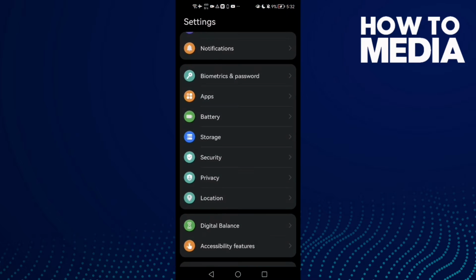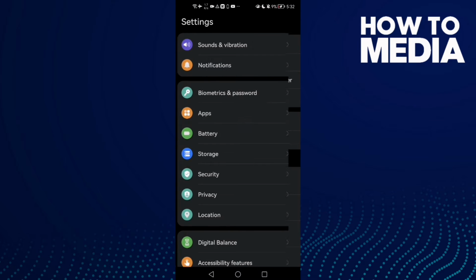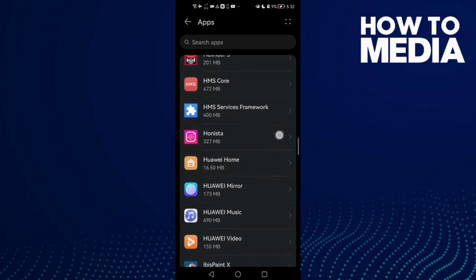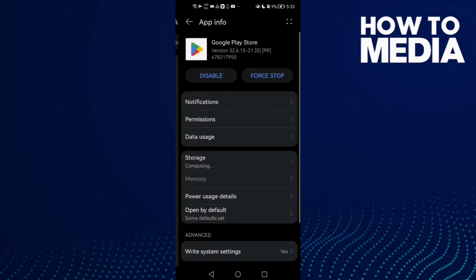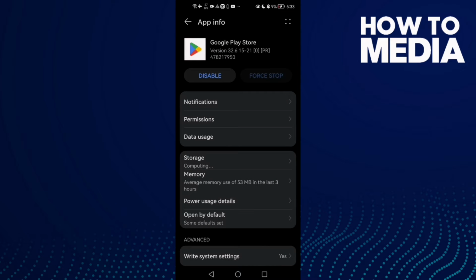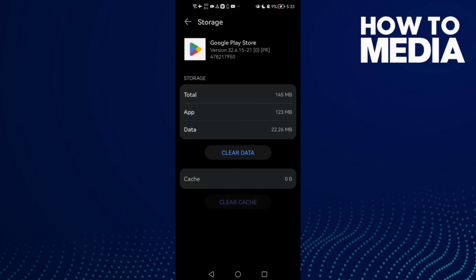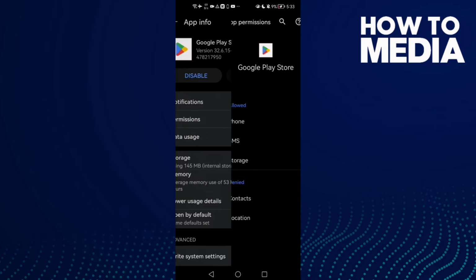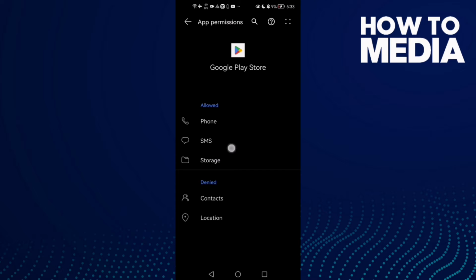First thing, just go to settings and then apps and click apps again. It's easy. Now you need to find Google Play Store and force stop it. Here click force stop and force stop again. Now go to storage and clear cache. Now go to permissions. You need to allow all of those here